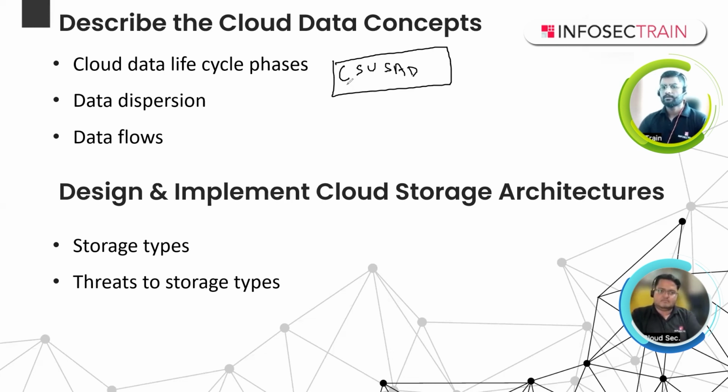For example, the create phase is where the data is created and we classify the data. In the store phase, we talk about data at rest and the different types of controls for it, like ACL and encryption. Data is most vulnerable in the use stage, so we use DRM, IRM, and masking. Share is basically called data in transit, where we prefer DLP also.